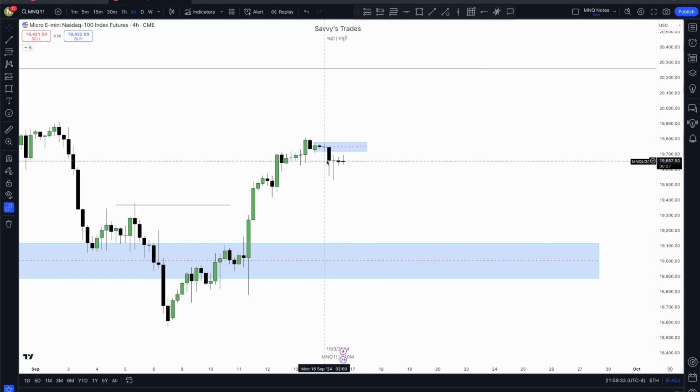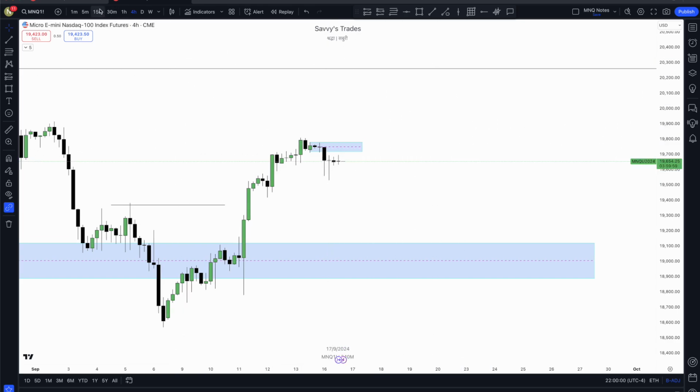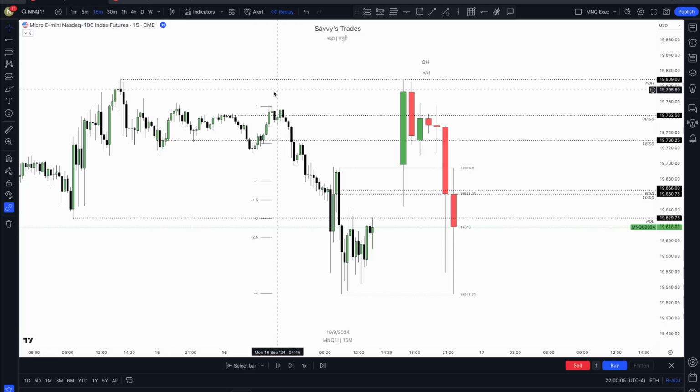right at 6 a.m. So once we did that, my idea going into 10 a.m. was we might come up, re-engage this order block, and then move to the downside. So we have a good amount of time for downside to come, at least for today. That's what my idea was going into 10 a.m. because we closed significantly bearish. So let's go to the 15-minute chart to see exactly how price moved.